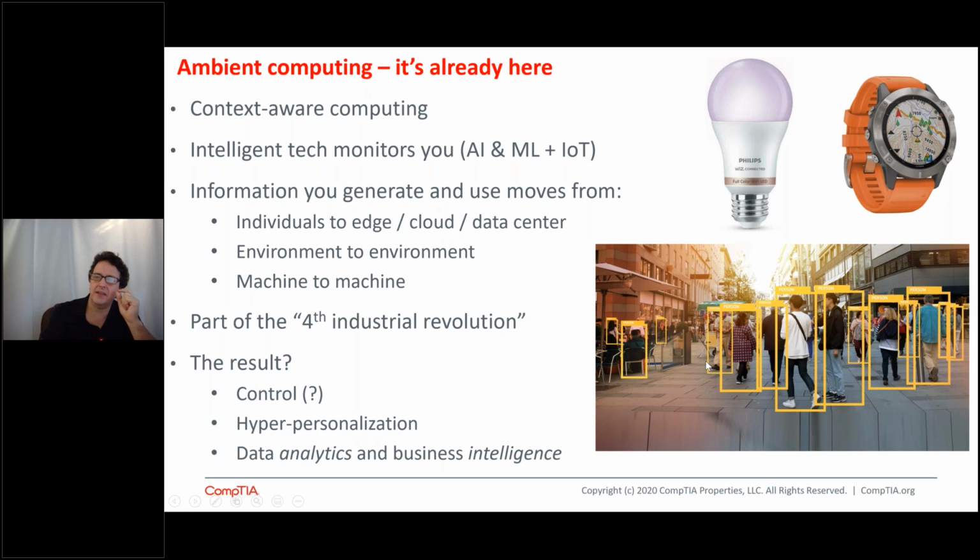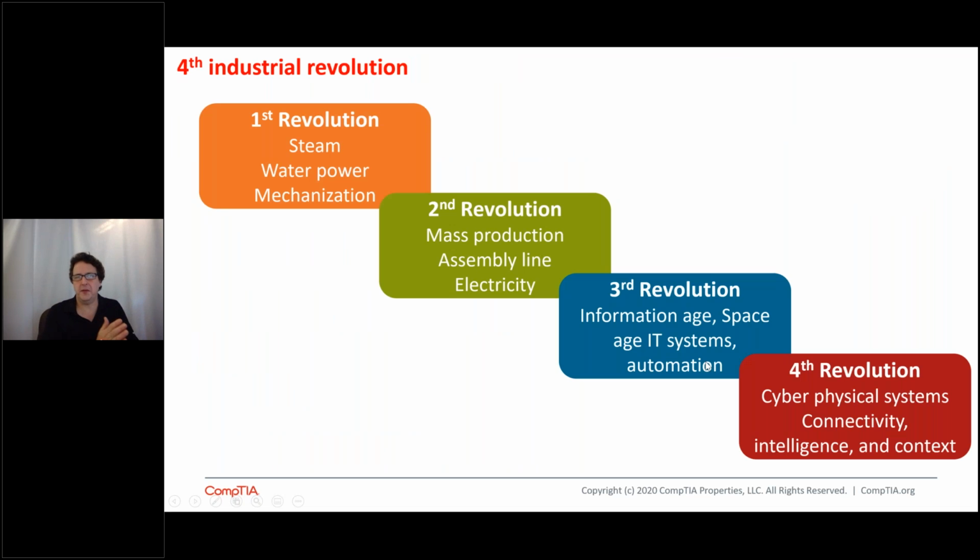The idea is that it's much more information. So the first revolution was steam and water power and mechanization. I'm talking 18th, 19th century. The second revolution, mass production, assembly lines, late 19th, early 20th century, and on into the late 20th even. But the information age, right, starting in the 40s, 50s, mid 20th century and on into our century. But the fourth industrial revolution, some people will call the second information age, is the idea of cyber physical systems where you have constant connectivity.